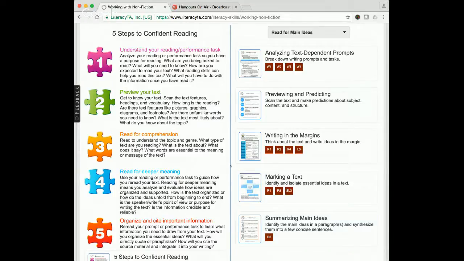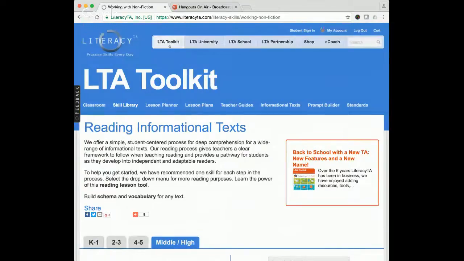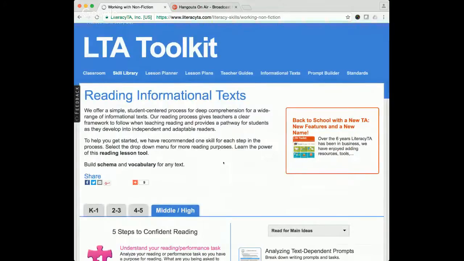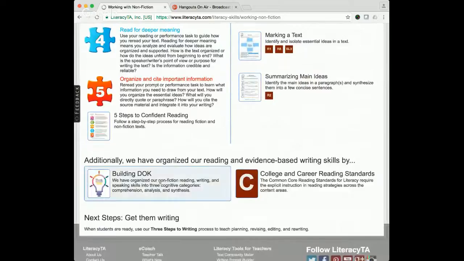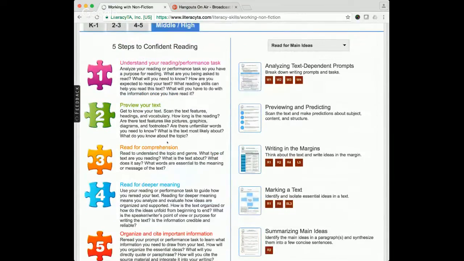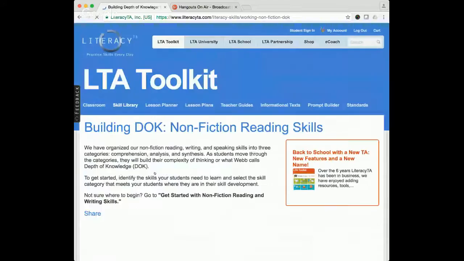This is one way to access our skills in the skill library. Remember, we clicked on Toolkit, then we clicked on Skill Library, and inside the skill library, we clicked Reading Nonfiction, and that's what took us to this page. Another way to look at our skills is through depth of knowledge. We call it Building DOK. Under the 5 steps to confident reading, you will see Building DOK. Click on Building DOK,